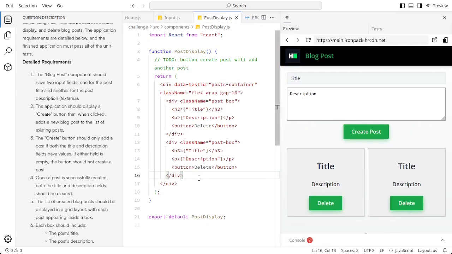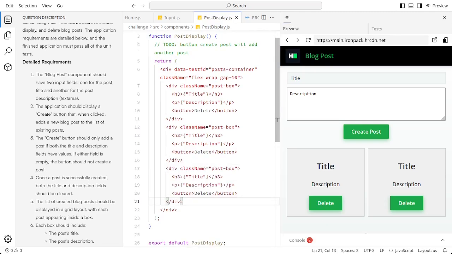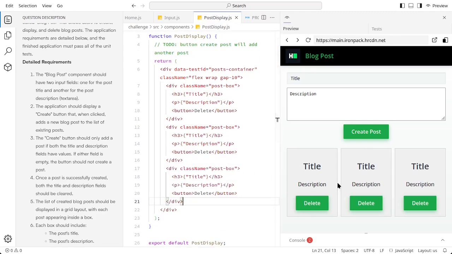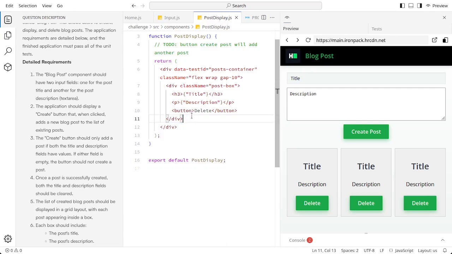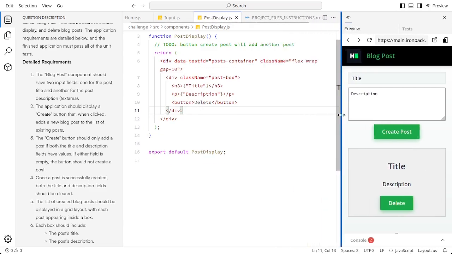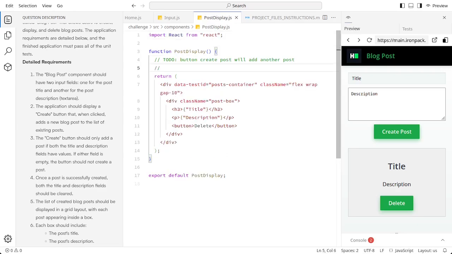Okay, it does something. Let's add another one. Okay, and this way we can get a better idea of what we're working on here. We'll add another post. Part is the post box,